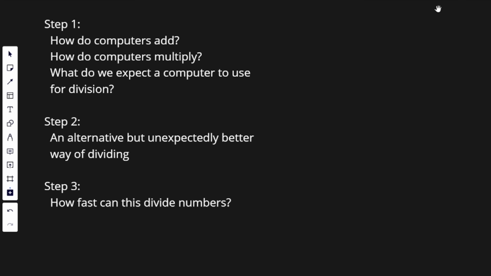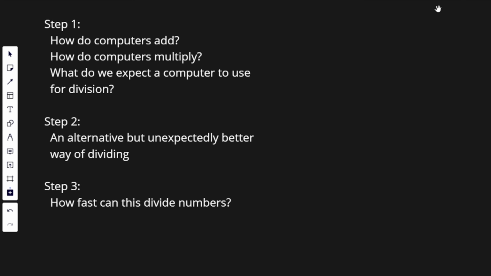In this video, I'm going to show you how to divide as fast as a computer. What we're going to first do is understand how computers add. We're then going to understand how computers multiply. We're then going to make a prediction on how computers will divide, except we're going to see that this does